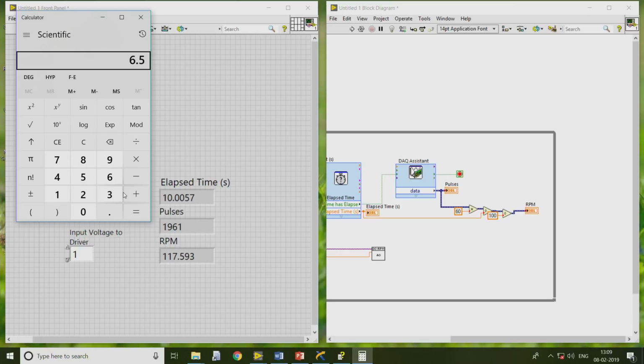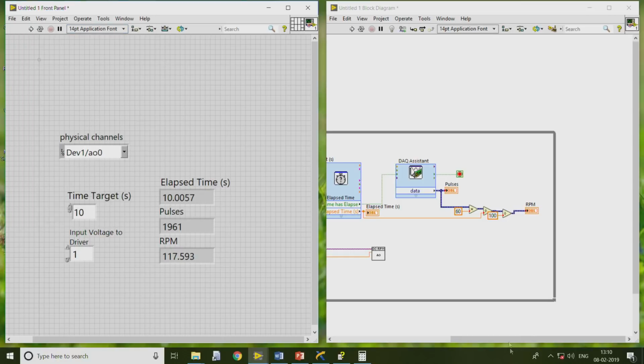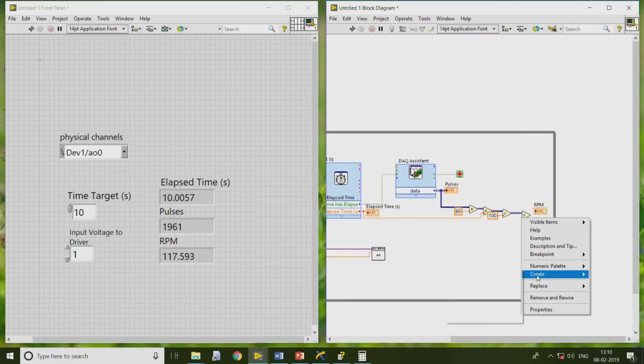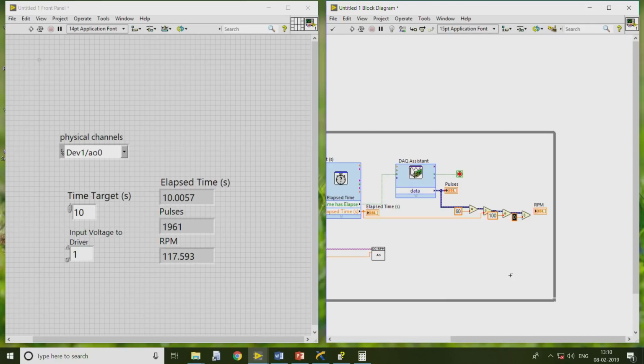7, as it is not 14. The 14 is the complete number of clock pulses we get from both C1 and C2, whereas 7 is from each single channel. So in order to actually find the RPM of our DC motor, the output at this point has to be divided by 7. For one complete revolution of the DC motor, we are getting 7 pulses from the encoder. So I will divide this by 7 to get the actual RPM.